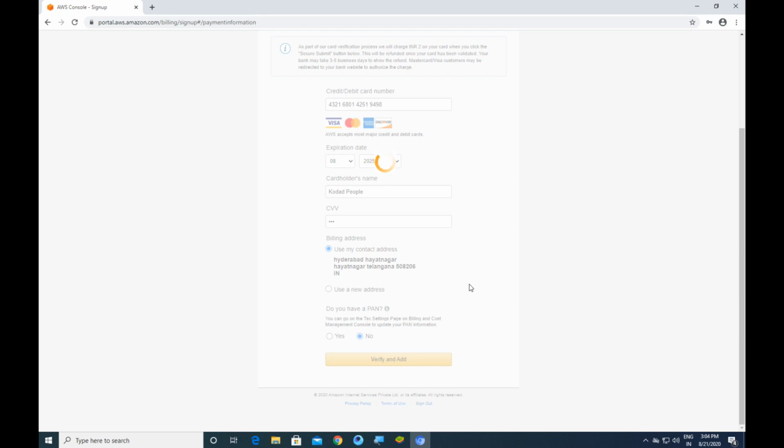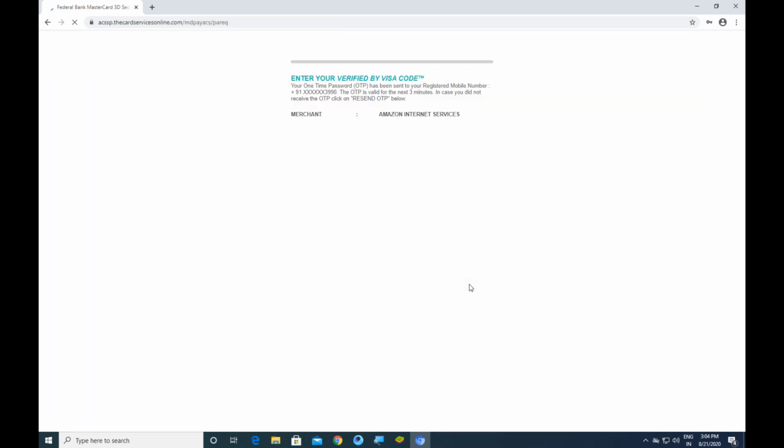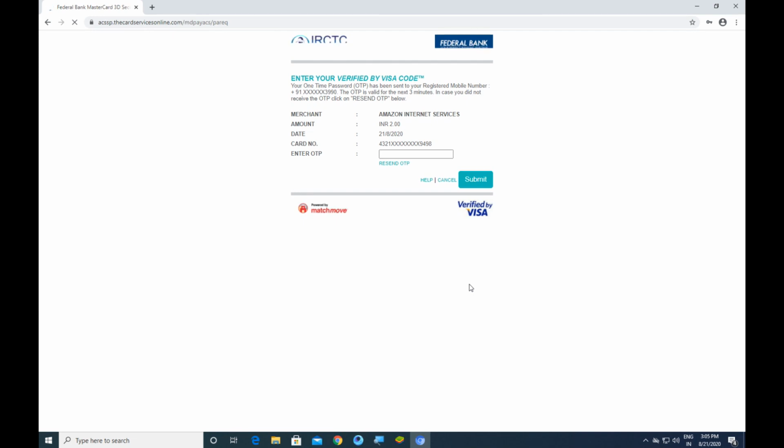Now you will receive an OTP on your registered mobile number on IRCTC iMudra. So please enter the OTP and click on submit.